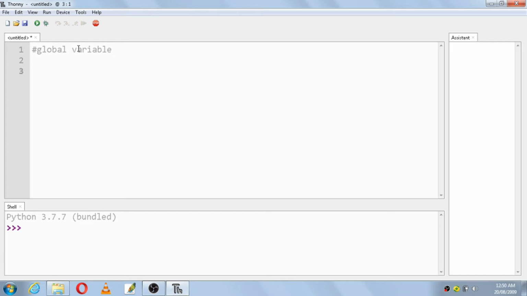A global variable is used for an entire program. You can use it inside a function also, outside a function also. Its visibility is to the entire program itself. For a local variable, its scope and visibility will be only inside a function. That means it will stay and execute as long as it is in a function. But a global variable is not like that. A global variable is visible and its scope stays as long as the program is there.